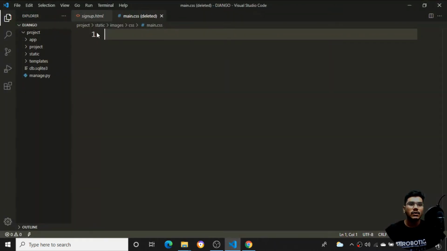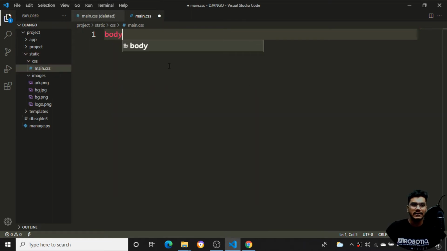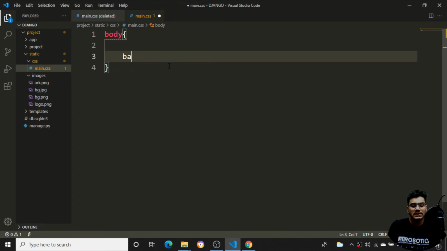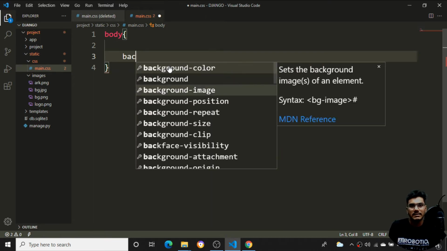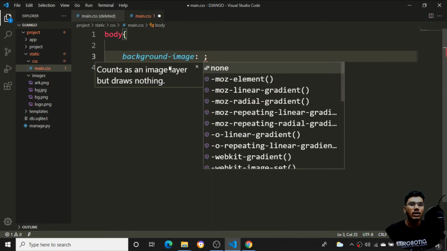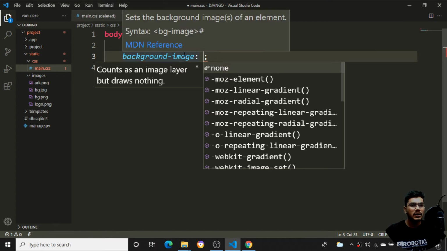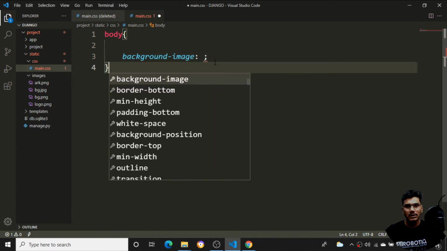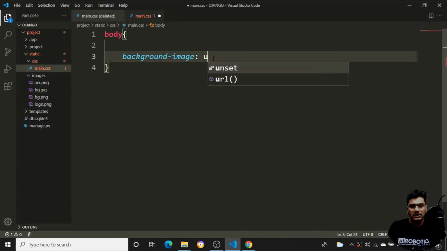Now I'll come back to the CSS folder. I'll extract the particular body and say whichever background image is there. Now I want to provide the URL of this one, so I need to give the background image path. Here I'll write background image and provide the URL.